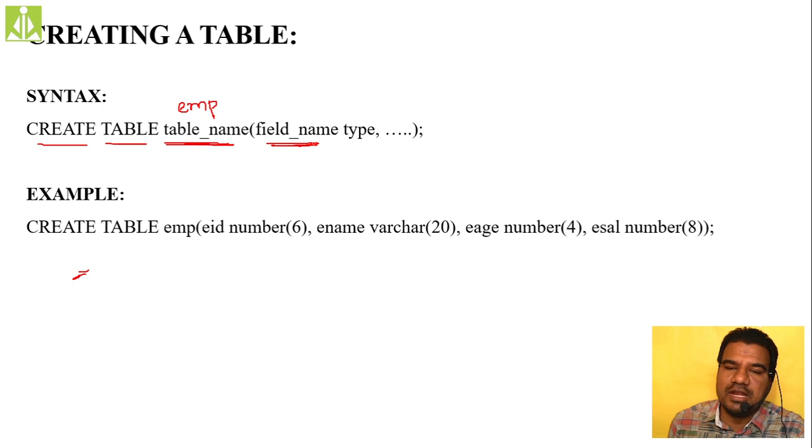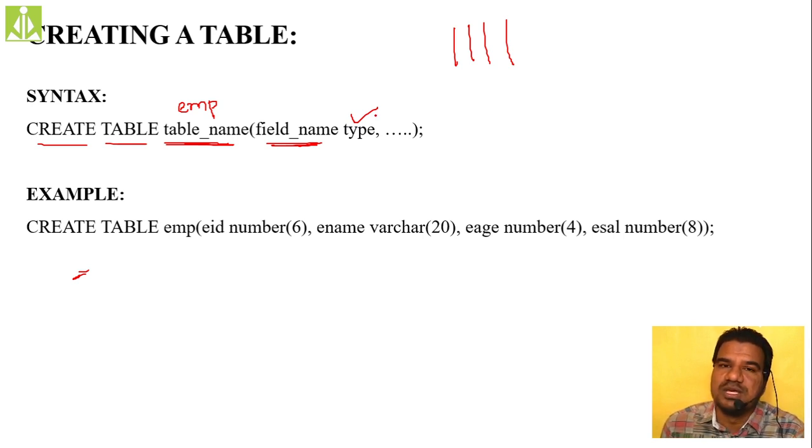the field name. Field is what? Fields are nothing but the columns inside your table. How many columns you want inside your table? Those columns are nothing but your field names, and every column must have an associated type. Type we have already discussed in C programming. Type is nothing but what type of data we are going to store and what type of operations we are going to perform, isn't it? So it is integer, character, string. Likewise we have different types of data.